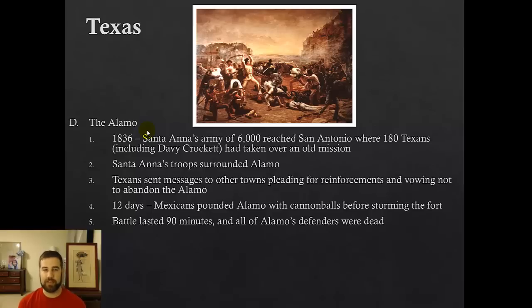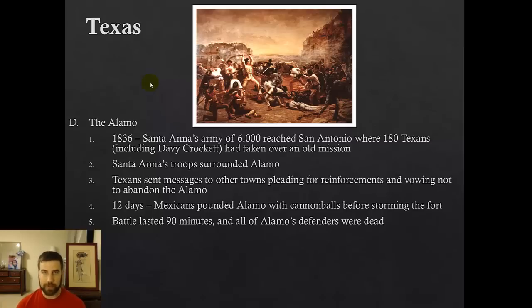In 1836, General Santa Anna is going to lead an army of 6,000 soldiers to San Antonio, and there are going to be 180 Texans, including frontiersman Davy Crockett, who had taken over an old mission. Over the course of 12 days, General Santa Anna's troops are going to surround this old mission. The Texans send messages to other towns asking for reinforcements, asking for more Texans to come and defend, and vowing that they weren't going to give up, they weren't going to surrender, that they were going to fight to the very end. And the Mexicans began attacking